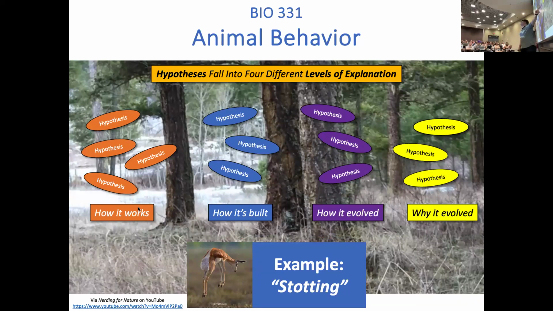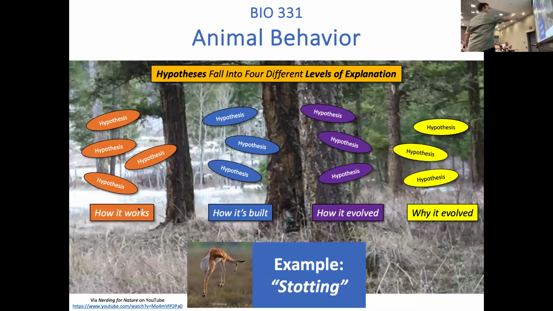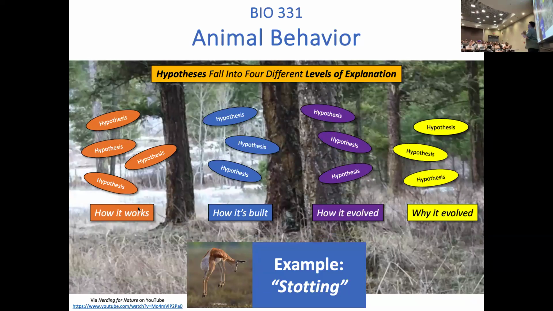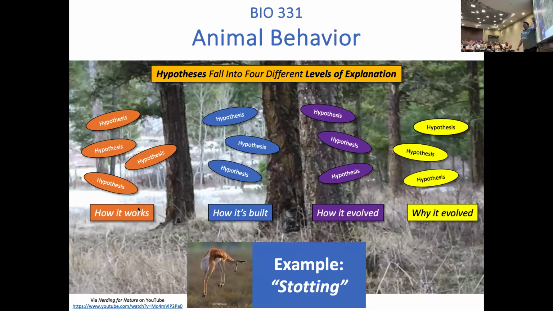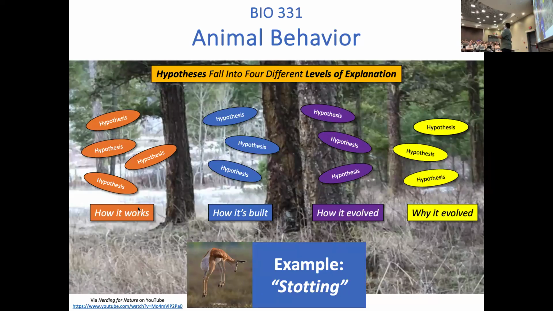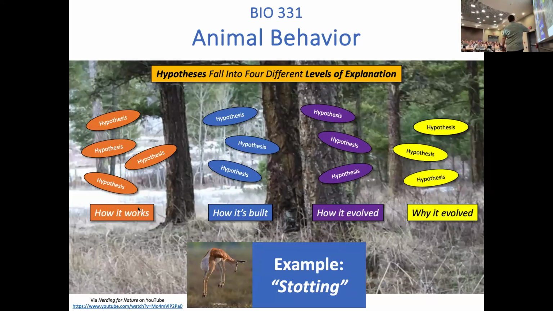But then finally, functional: why it evolved. There are all these questions of, well, it provides this function. It provides the ability to better evade predators in this particular way. It makes them faster. It's all of these questions that are less about what's going on inside the leg, and more about why did animals that do stotting have better or more reproductive success than animals that didn't do this stotting? So it's my claim that every explanation you can come up with fits into one of these